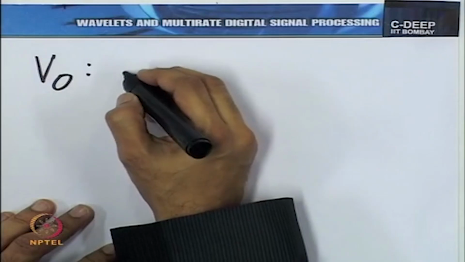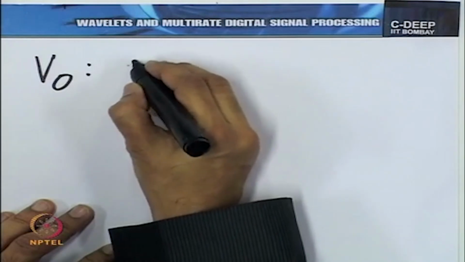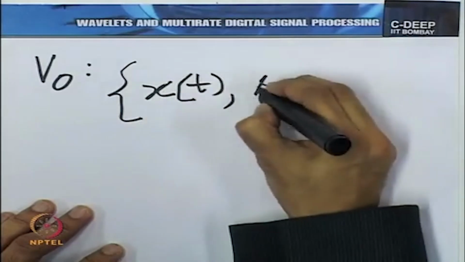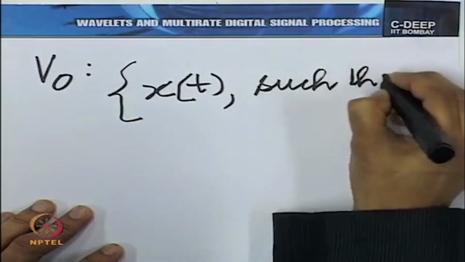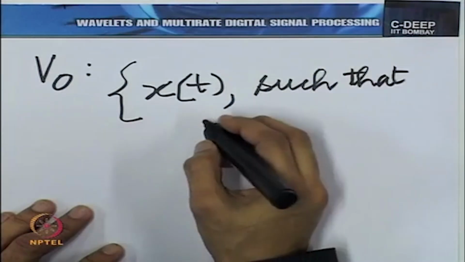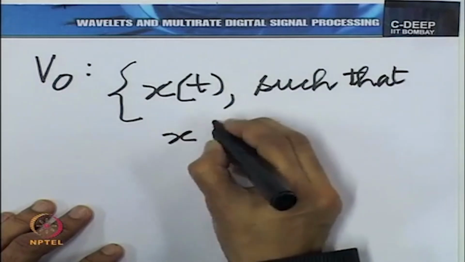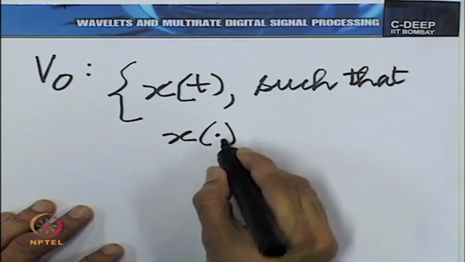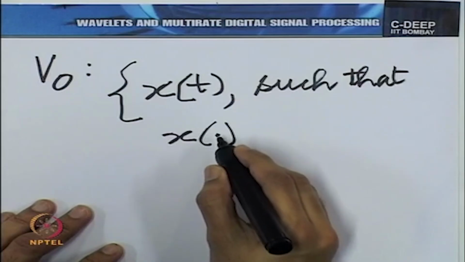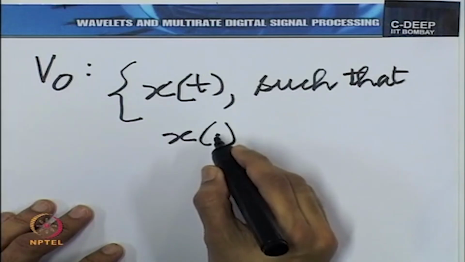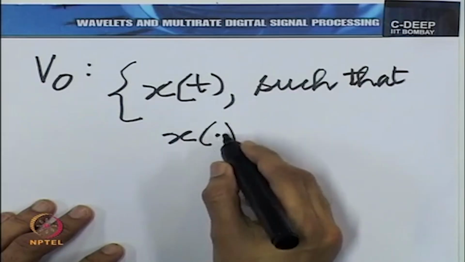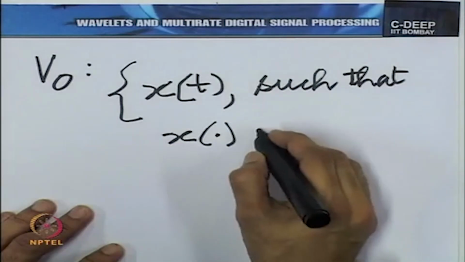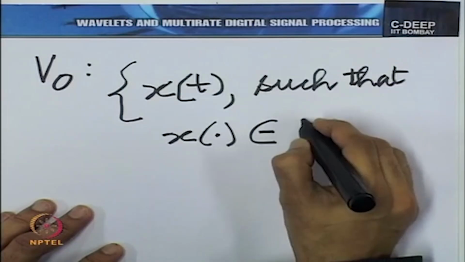Now, I am going to write mathematical notation. V 0 is the set of all x of t such that two things happen. x of t, now you know x is a function. So, when I write like this, what I mean is I am suppressing the explicit value of the independent variable, but I recognize that there is an independent variable here, but I am treating the whole thing as an object. It is a function, I am treating the whole function as an object, and this object belongs to L 2